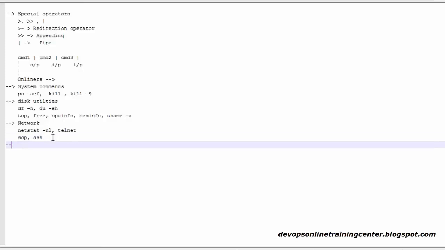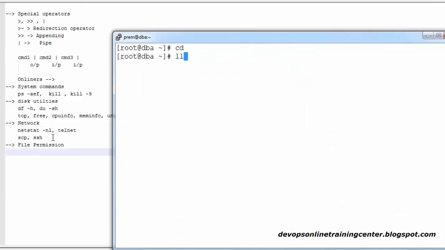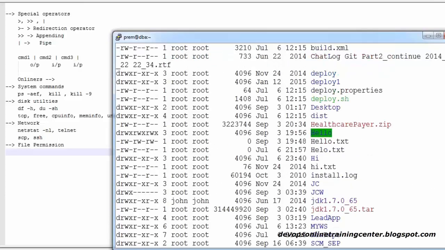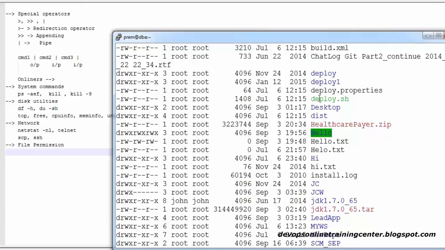And the final thing is file permissions. So this is the final topic of Linux. So what exactly are file permissions? From the beginning of this session we are looking at files and directories, and in yesterday's session I told you that if you see d, that's a directory, and hyphen is a file. Somebody may ask you what type of file permissions are there for your deployed OS. So these file permissions are divided into three groups, guys.